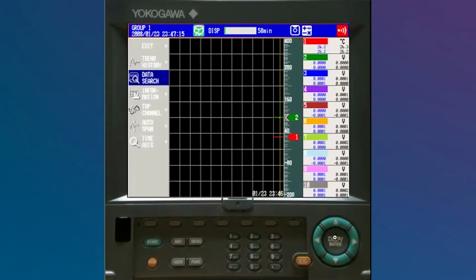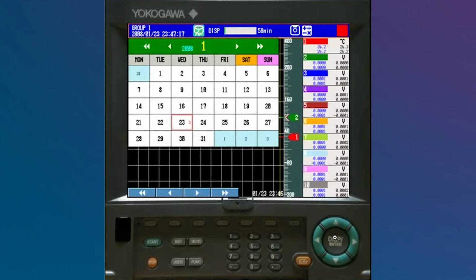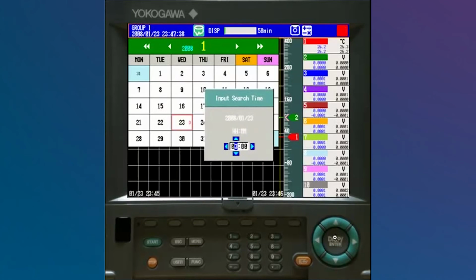I could go down to data search here. Data search brings up a calendar, so I can essentially use my arrow keys and pick a particular time on here. If I see a D or an E file, that corresponds to display or event data being present for that particular day. So on this one, the 23rd, I have some display data. So if I hit display enter while this box has got the red line around it, I can then pick up a particular